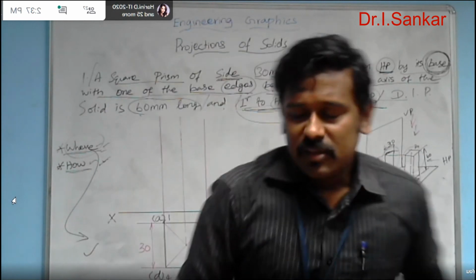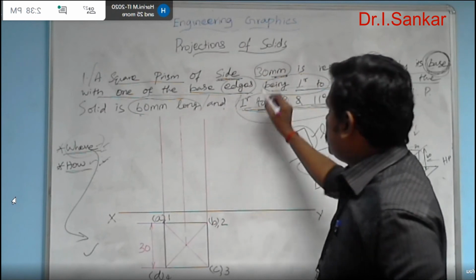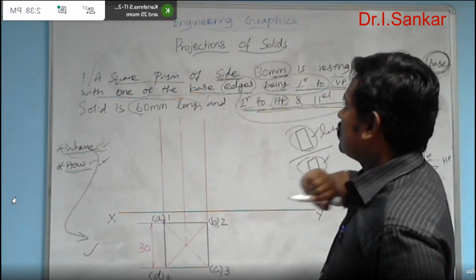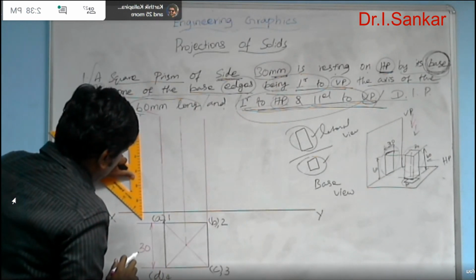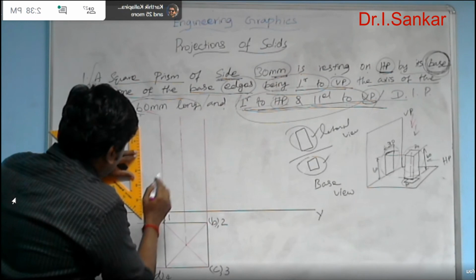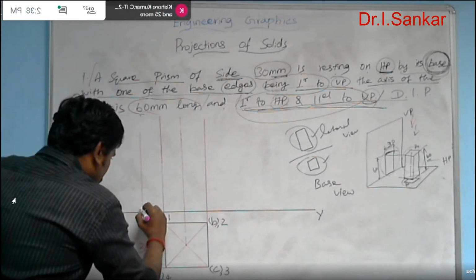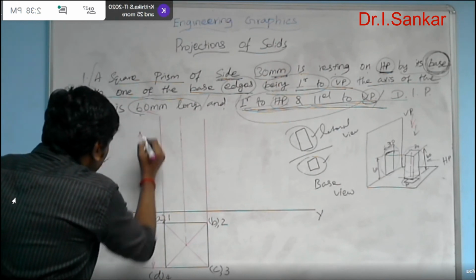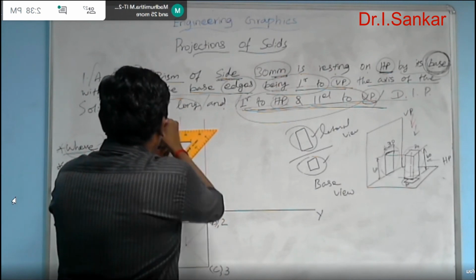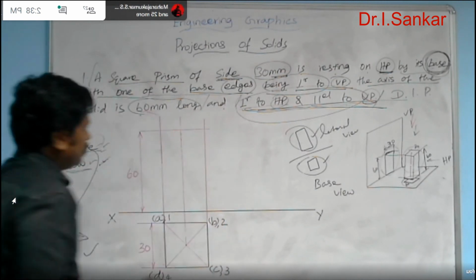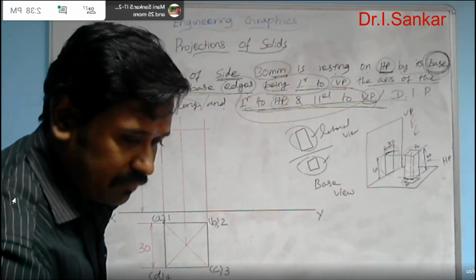And then the front view is nothing but the rectangle, as I told earlier, and the height of the rectangle will be 60 mm. That is the axis height of the solid given in the question, 60 mm. So first with that height I can have a dimension line, and draw a leader line. And now you can cover the actual solid portion with an HB pencil.